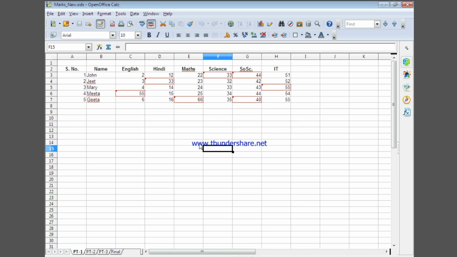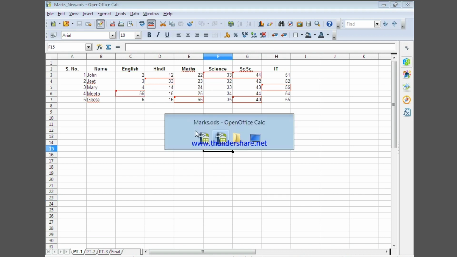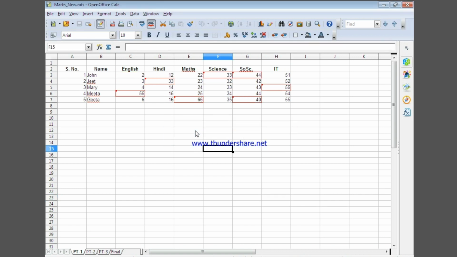Because the number of columns and the name of the columns are the same, we can merge these two files. If we merge these two files, the changes which are made in both of them would be seen in a single place, that is in the merged document. So what would happen after merging? These two documents, marks.ods and marksnew.ods, would be merged. That means the changes which are made in these two files would be brought into a single place so that it would be easy for reviewing and accepting or rejecting these changes.